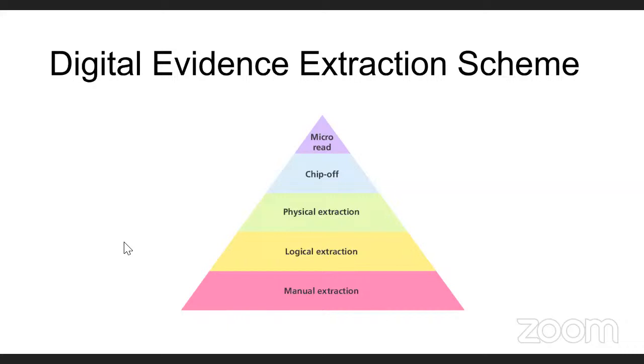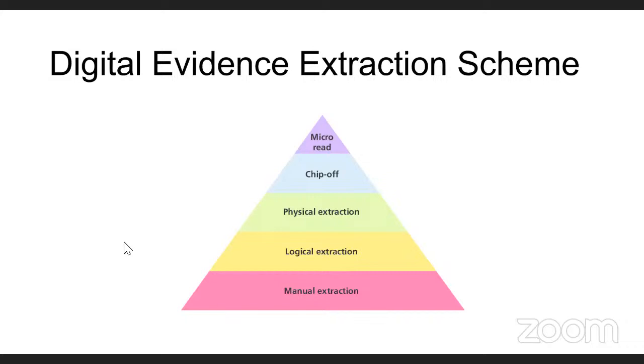And next one is physical extraction, which closely resembles the post-mortem acquisition process of computer forensics. A physical extraction will create a bit-for-bit replica of all the data contained within the mobile device, including hidden and deleted files. The next one is chip-off. The goal of chip-off extraction is to remove the flash memory chip from the device and extract the raw data directly from the chip using special chip-off equipment that has been designed especially for this purpose.